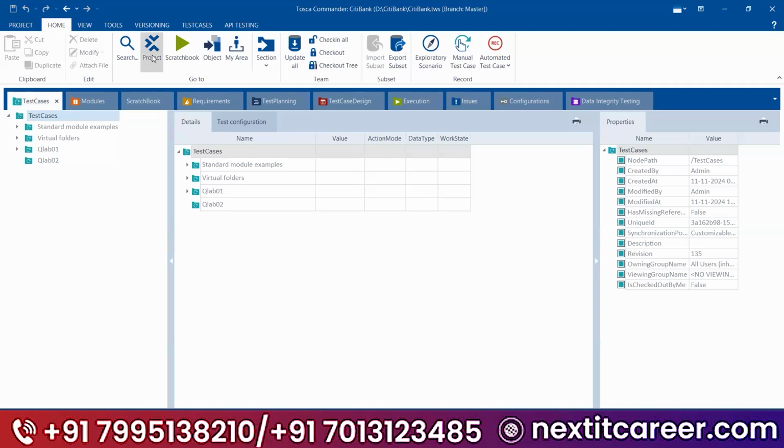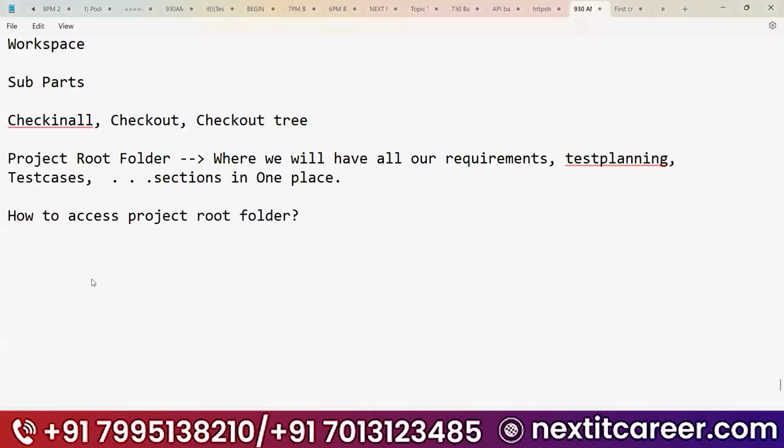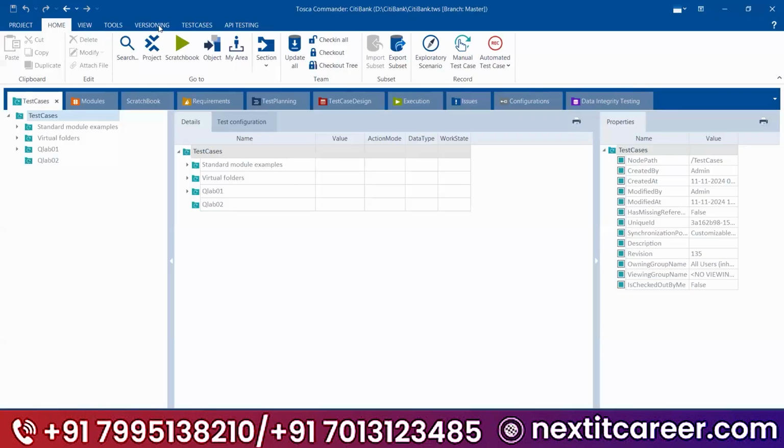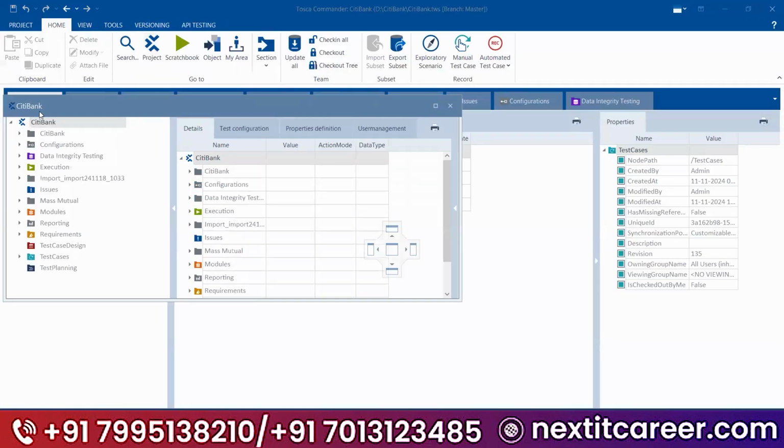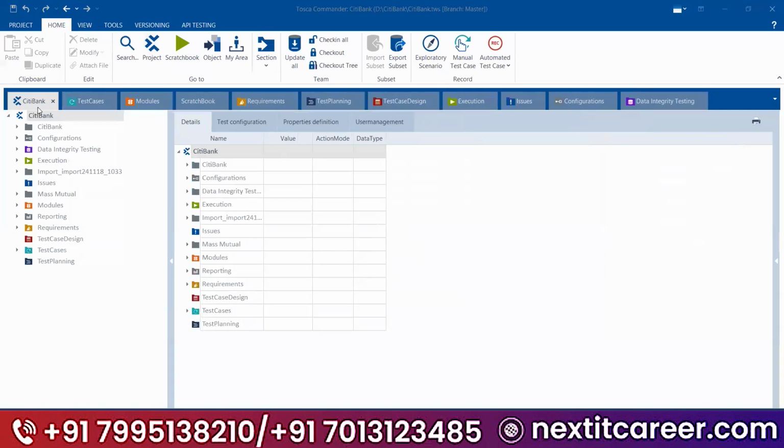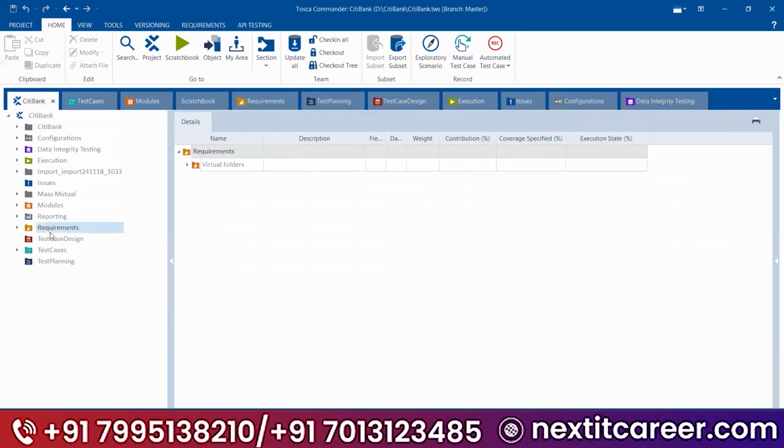Now click on this one. Go to the home button and you have one option called project. Click on this one. Then you can see this is open. Just drag it and put it on the top. For example, you have modules here, requirements here.